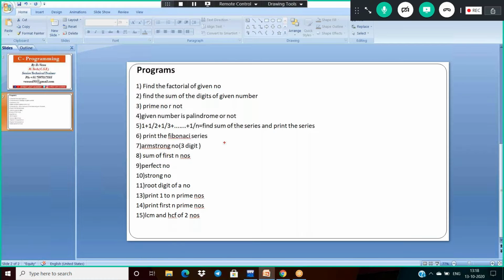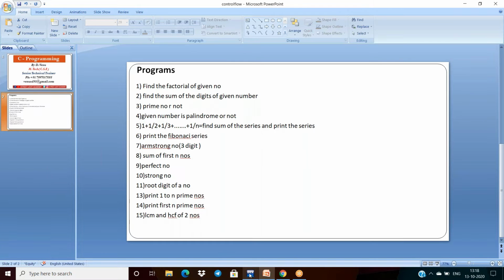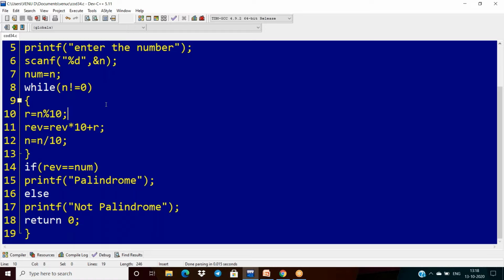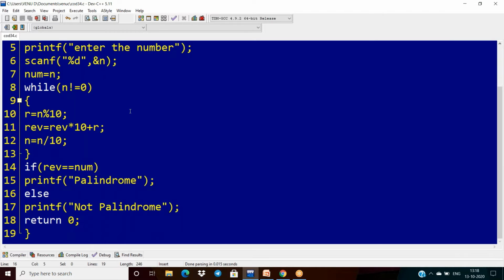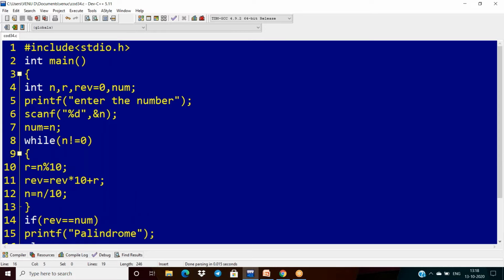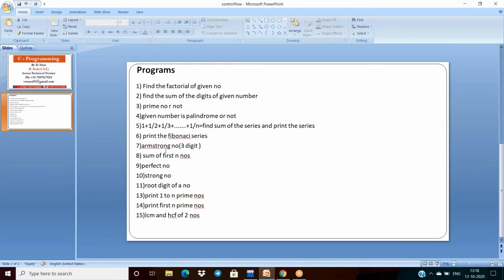And next, after this, I have to explain the Armstrong number. Why am I explaining this Armstrong number? Because it is almost similar to this palindrome program. In this scenario, I am explaining Armstrong number in the question. Already on our channel I gave an Armstrong number program also, but here I have to explain only the 3-digit Armstrong number.